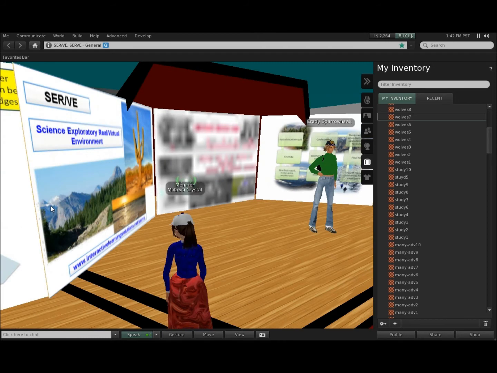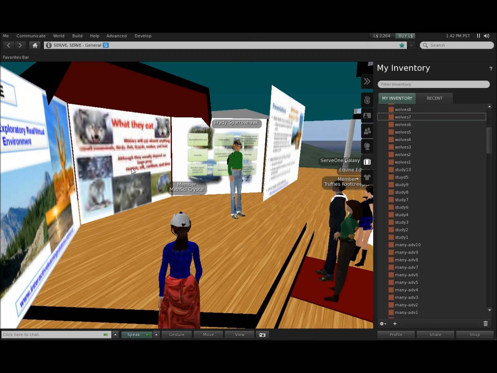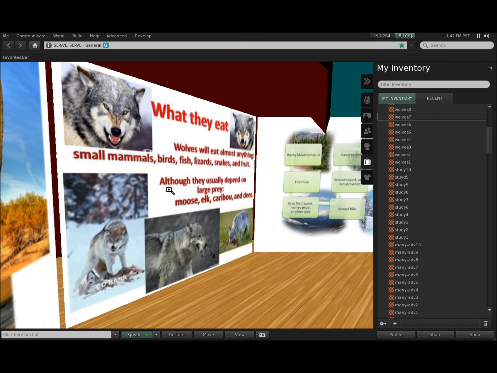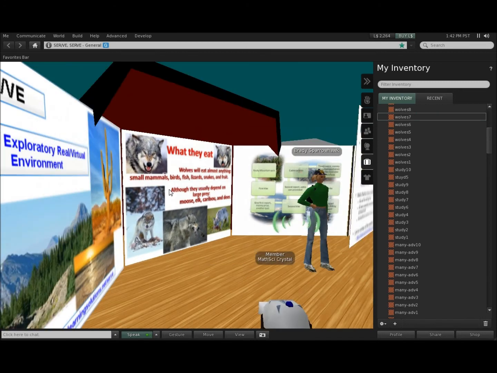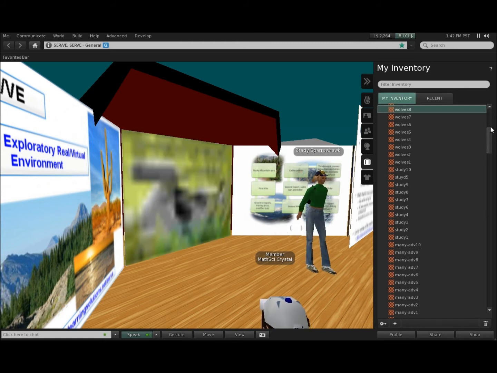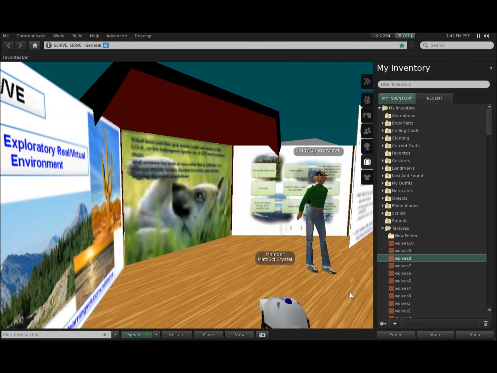Wolves eat almost anything: small mammals, birds, fish, lizards, snakes, and fruit. But they usually have large prey: moose, elk, caribou, and deer. Well, next slide is a little bit of the taste of their history. Gray wolves were endangered because they would attack crops, and then the Endangered Species Act